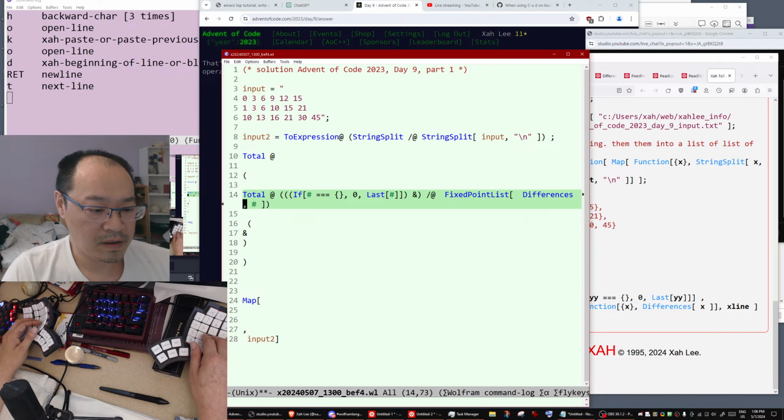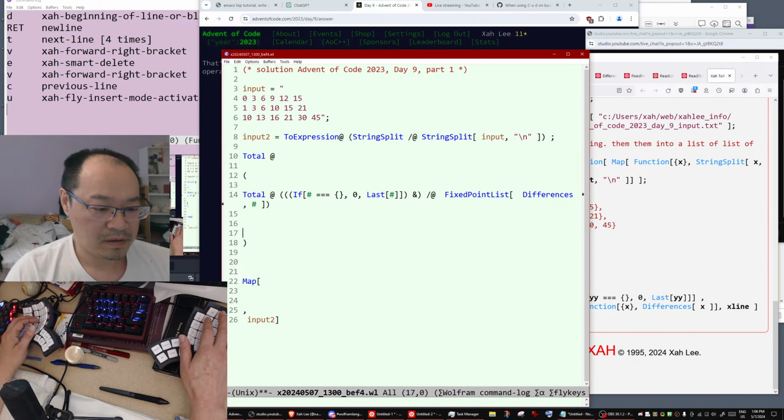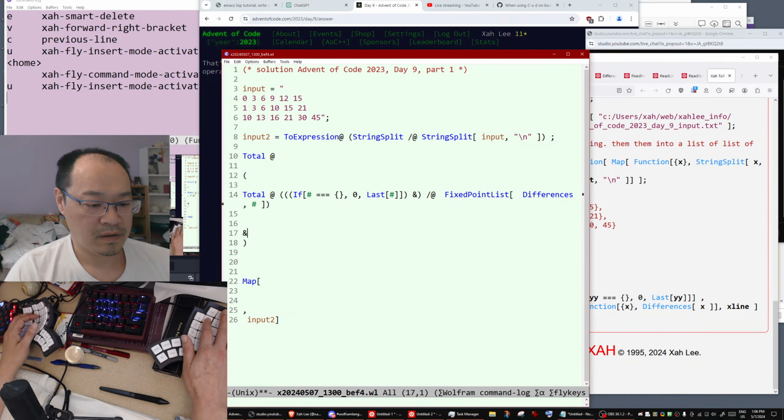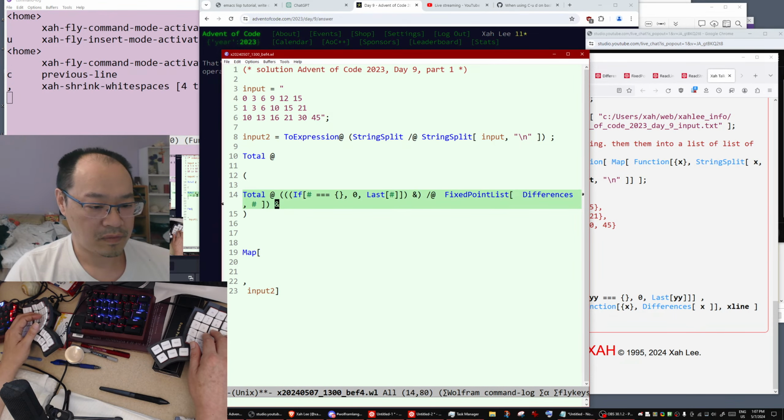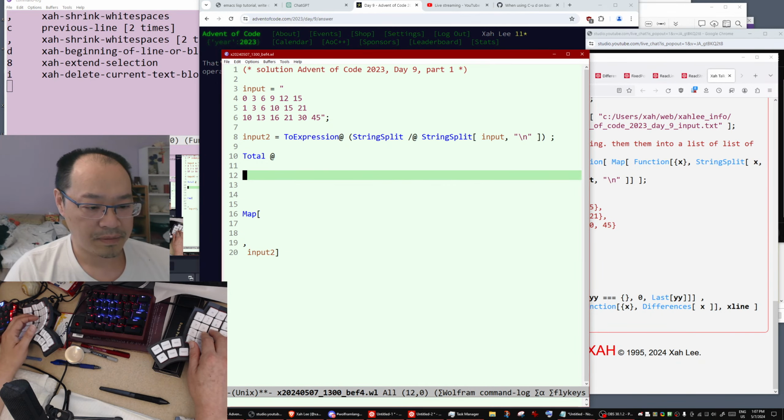Okay, remove that. So now this is a function. Now you just map this function